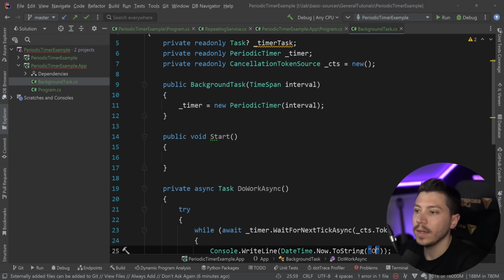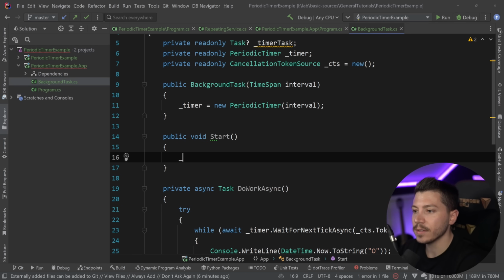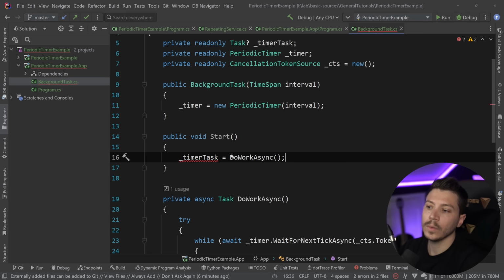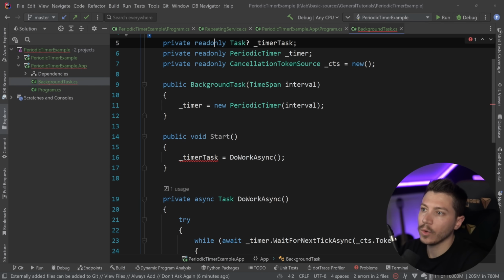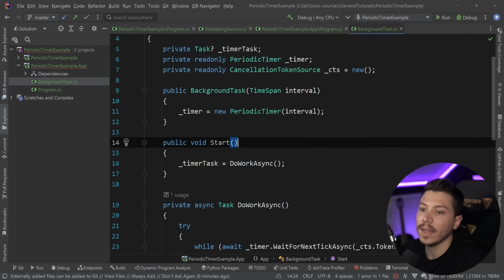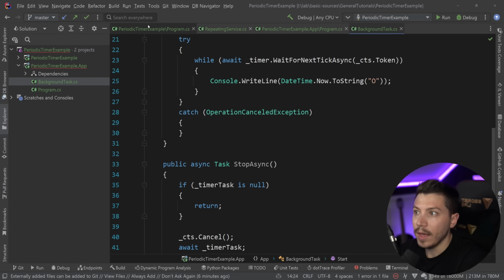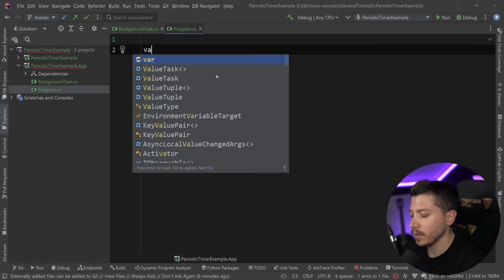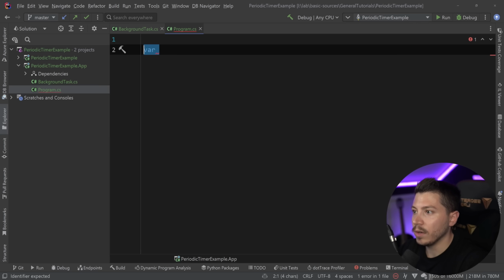And that's it. And now all I need to do to start this is say timerTask equals DoWorkAsync. Now, of course, this can be read-only, so I'm going to remove that. And now this is happy. And now let me just close all that. I can go to the Program.cs and I can say, well, first I can say